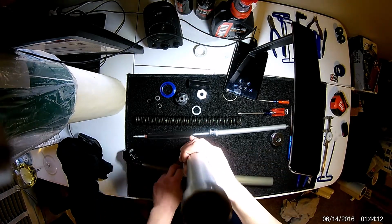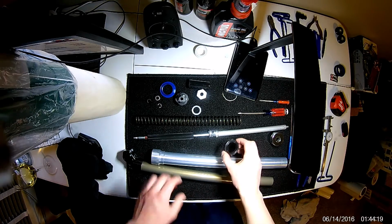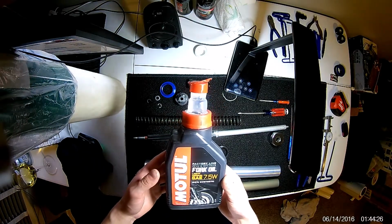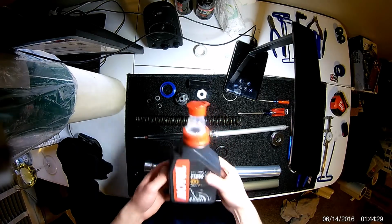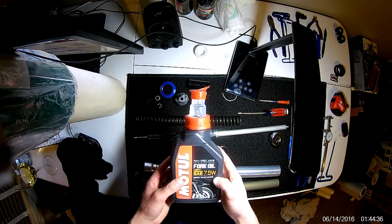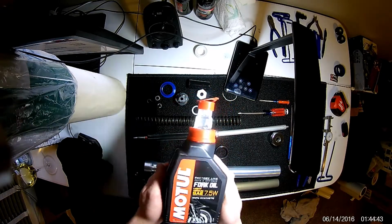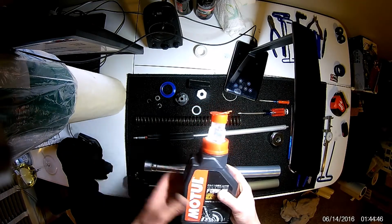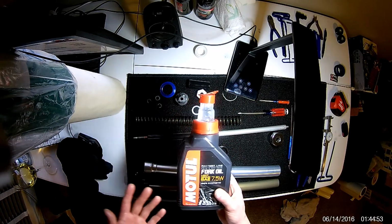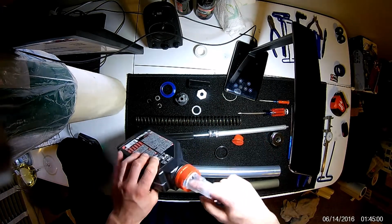So we'll grab the fork tube. This may be a little challenging to see, and actually before starting, another important thing we want to do is lubricate this seal. Now typically you want to use a grease, but whenever I do seals, I like to use the lubricant or the oil that's being used in the final application. So I'm just going to use fork oil. This is Modal fork oil 7.5. Modal is a motorcycle brand, although fork oil is fork oil. The weights transfer between applications, so whatever you can get your hands on is going to be the best for you. So what I'll do, I'll just put a little bit on my finger